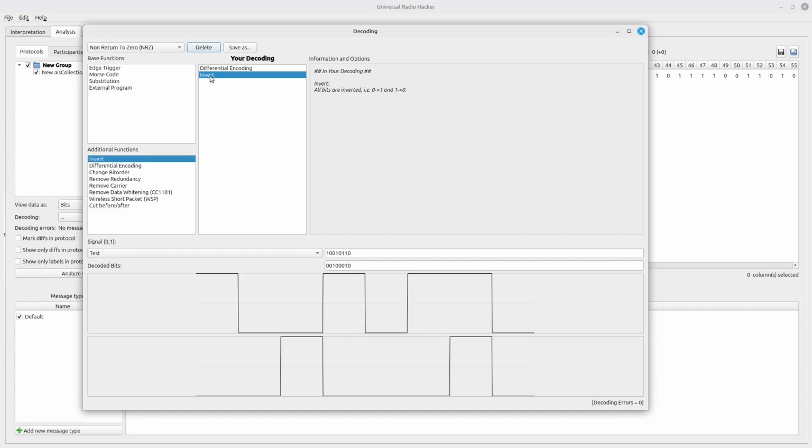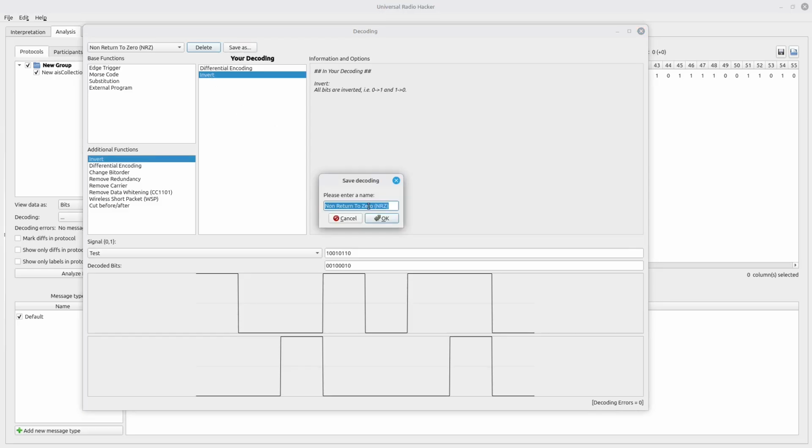The other term that this is typically called is NRZS, standing for non-return to zero space. That means that you have a differential encoding in which the transition means a 0. The other one would be NRZM, non-return to zero mark, meaning a transition refers to a 1. I'm now going to click on Save As, and in the name, I'm going to call it AIS.